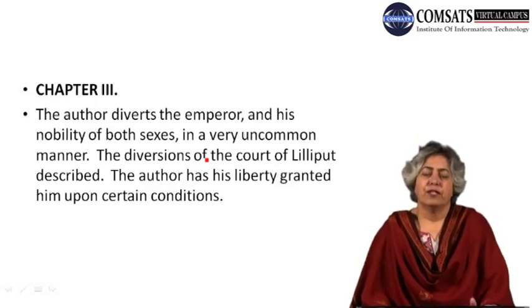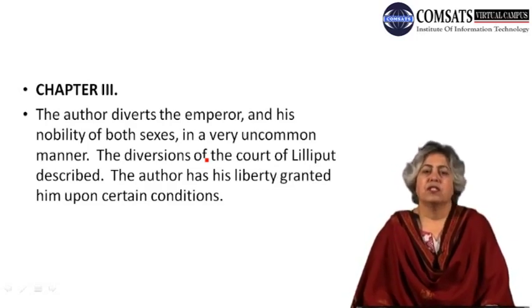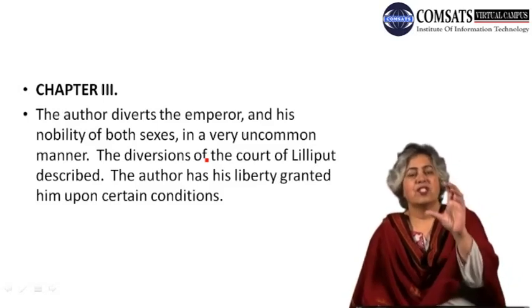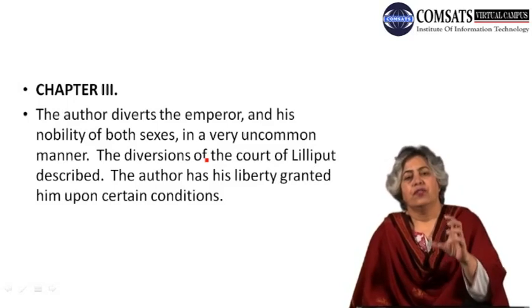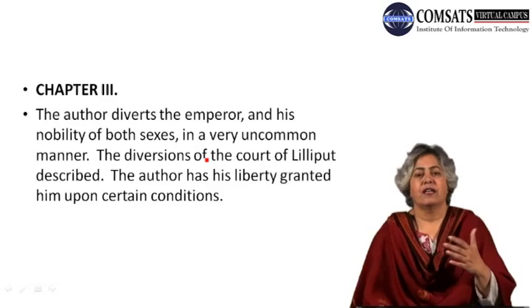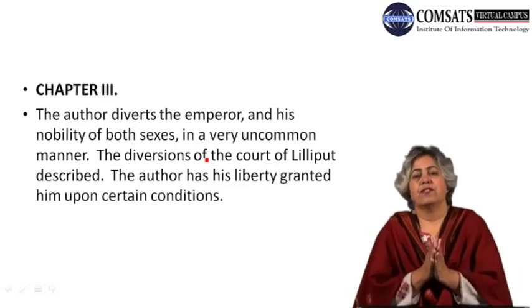So we start chapter 3 today, and as an introduction to chapter 3, Swift says the author diverts the emperor and his nobility of both sexes in a very uncommon manner. The diversions of the court of Lilliput described, the author has his liberty granted him upon certain conditions. Now this is the gist of the entire chapter, and when we go through the chapter, you'll realize how Swift